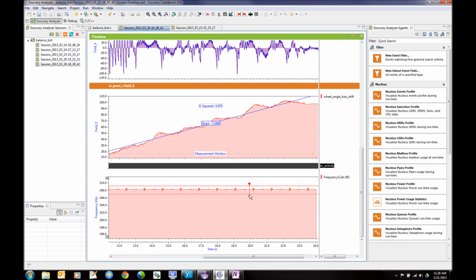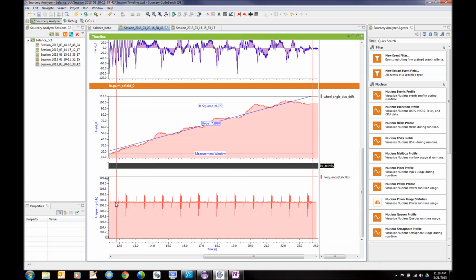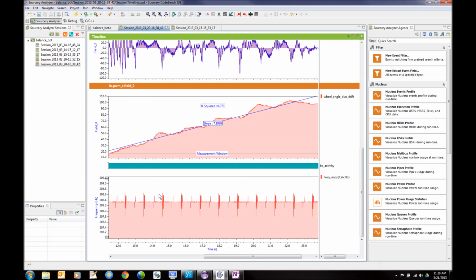And here we see that we've generated a new plot which basically measures the frequency of this waveform over time. And you see glitches here and there, which basically is going to be a measure of a jitter in the system, but we'll do that measurement in just a bit. But we see that the frequency is close to 208 Hertz, which is more than what we want, so it's pretty good. And what I'm going to do now is I'm going to try to measure the jitter, which is